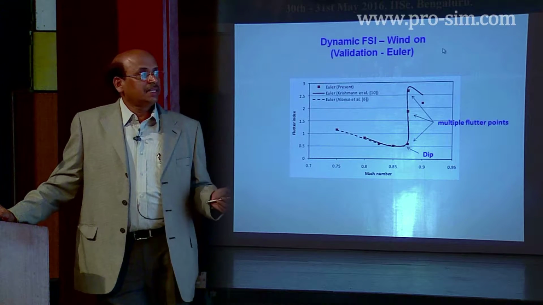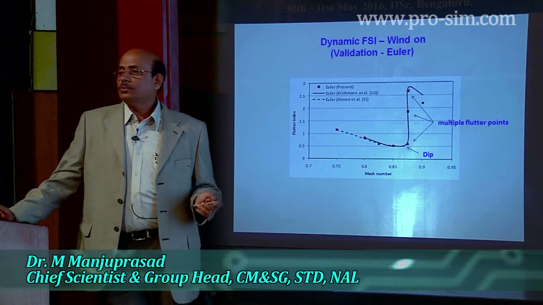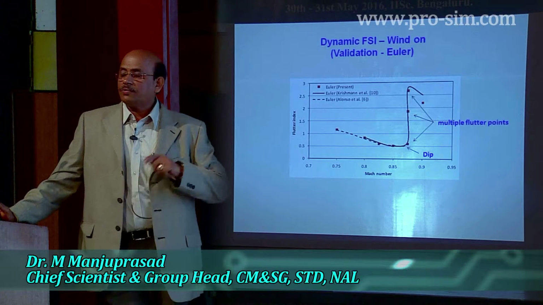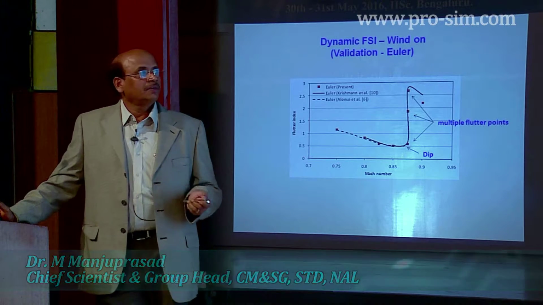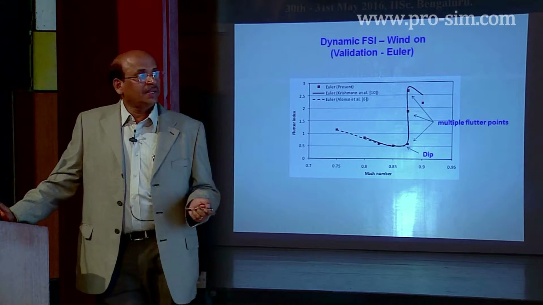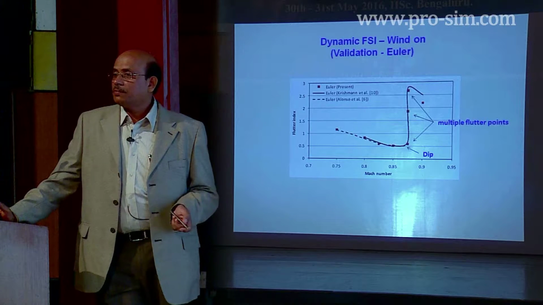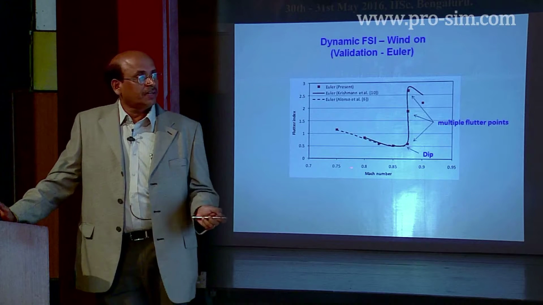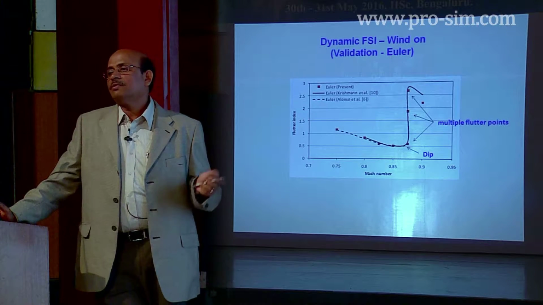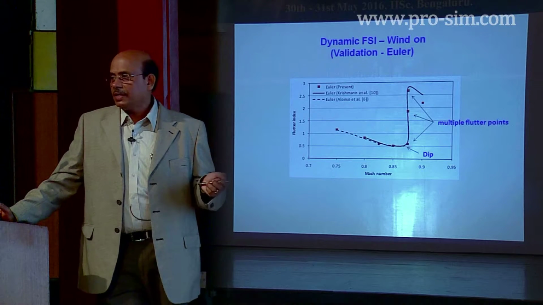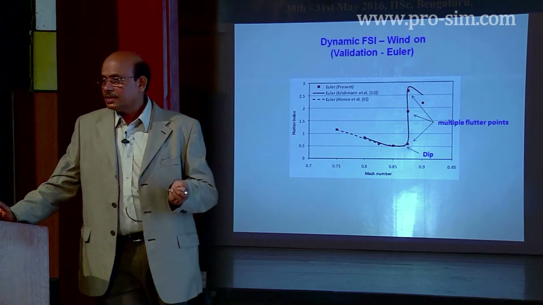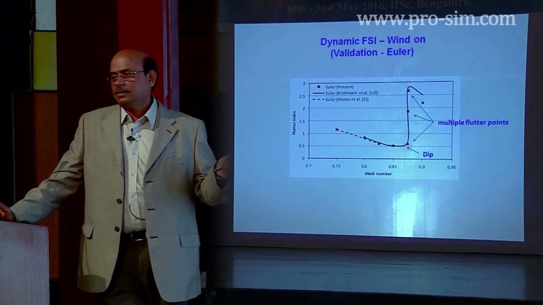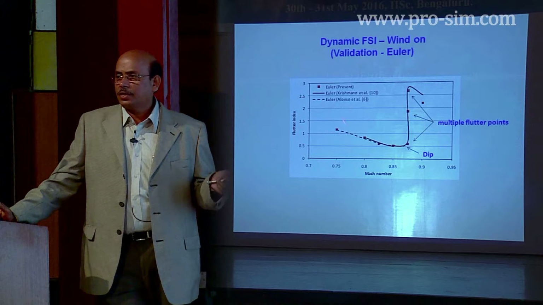The final result is presented here in a nutshell. We do such fluid structure interaction studies for a range of Mach numbers, a range of velocities and various other fluid parameters. For each Mach number we come out with the speed at which the flutter occurs, that is called the flutter speed, and from that flutter speed we compute what is known as the flutter index. Here we are computing the flutter index because in the reported literature they give the results in terms of flutter index. There is nothing preventing us from plotting the flutter speed directly